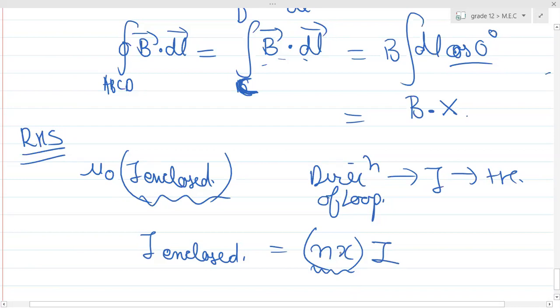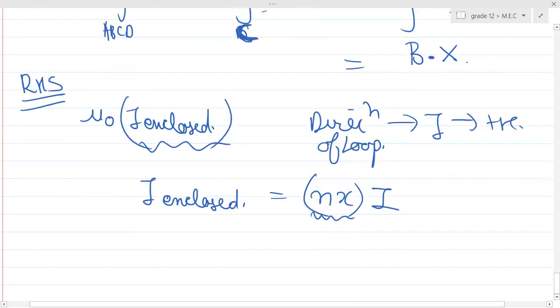Is this clear, guys? This is the total current enclosed, or basically the total current which is penetrating the area enclosed by the Amperian loop. Is this clear? So now let us equate LHS and RHS. From equation 1 I will get